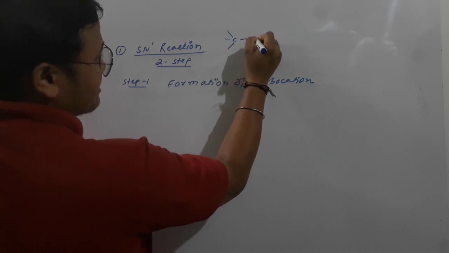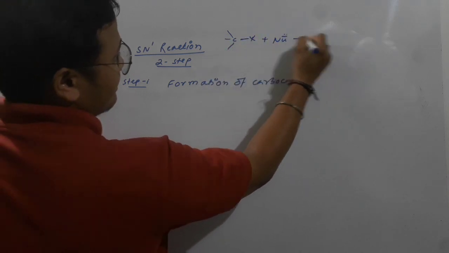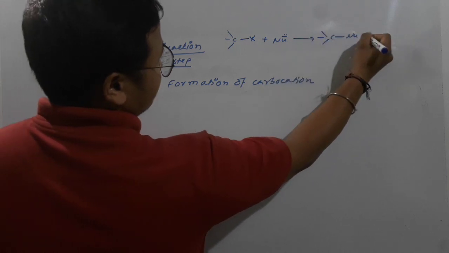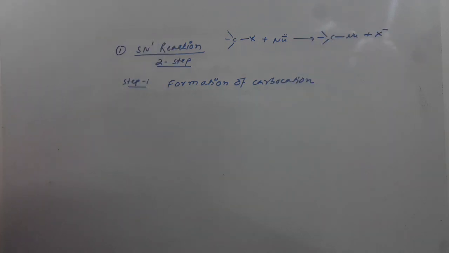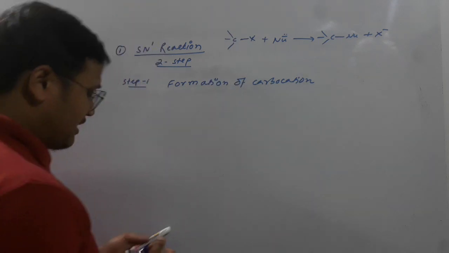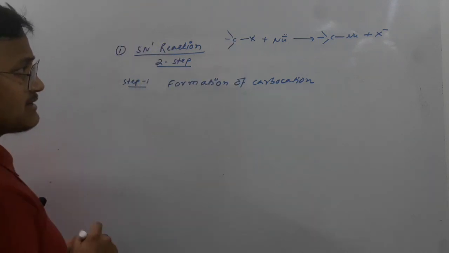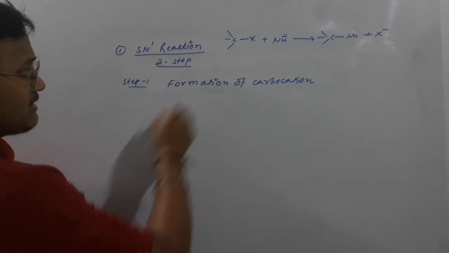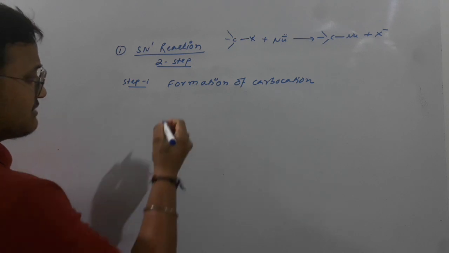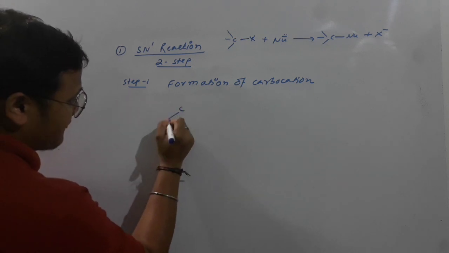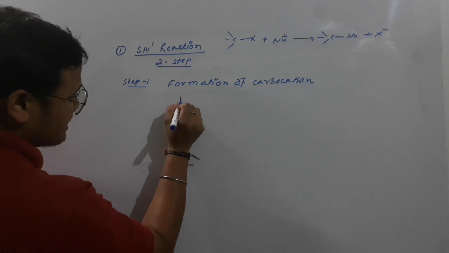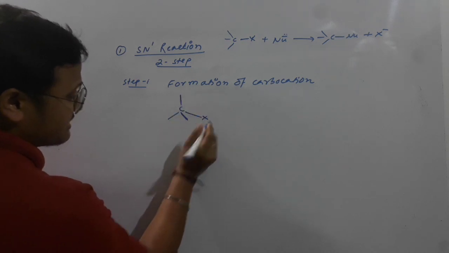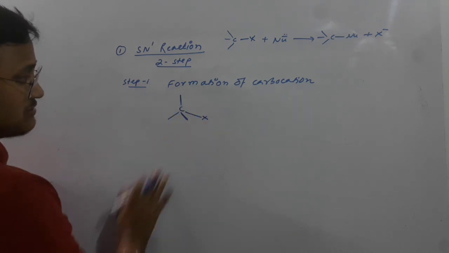This halogen compound reacting with the nucleophile will give you this product. On behalf of the same reaction, we will discuss the mechanism here. The example part is a different thing, but you just have to know what exactly happens here. So if I have taken this compound, we are saying formation of carbocation. Consider I will be writing in this form, say this is our halogen compound, an alkyl halide, so the halogen is here.